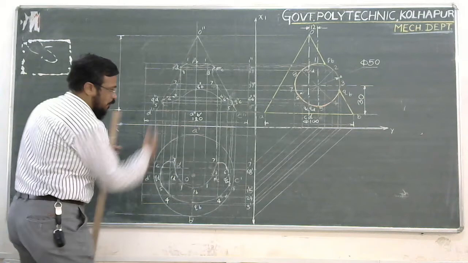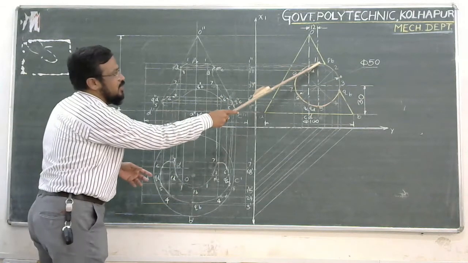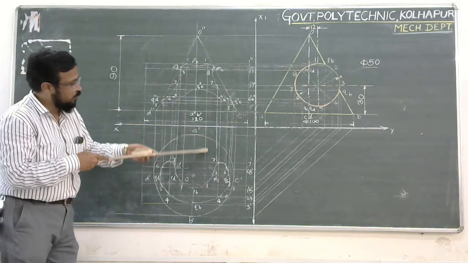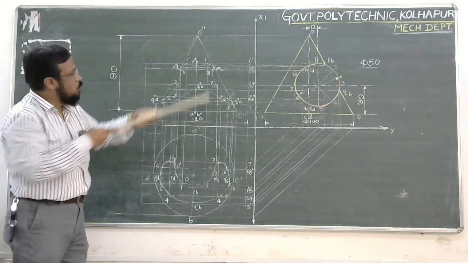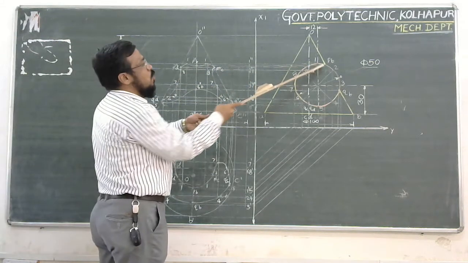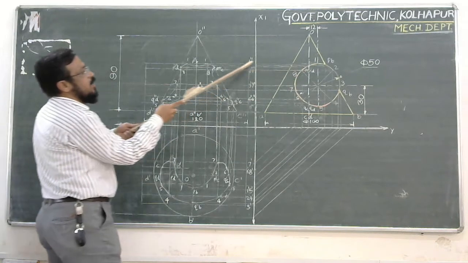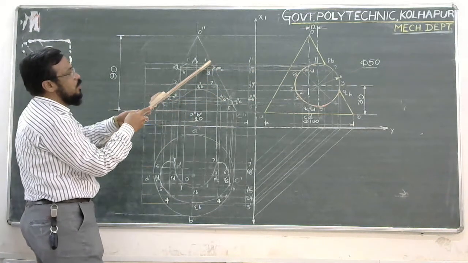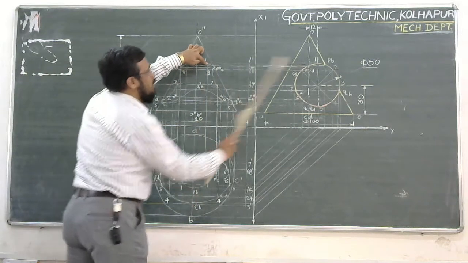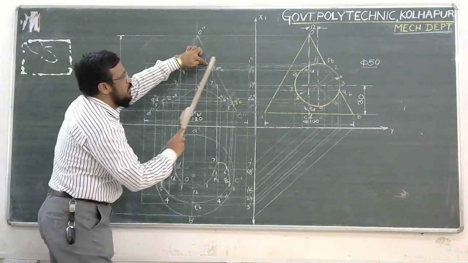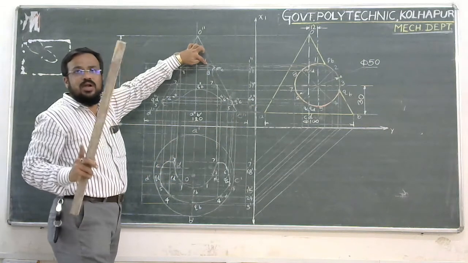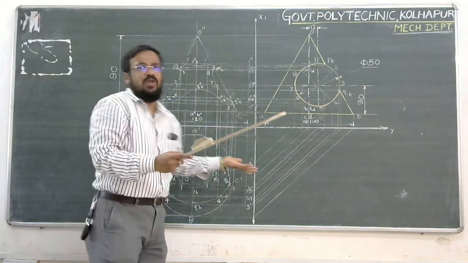From all these points, I may consider this as point number 1. So this is point number 1 in the top view. See, this is the projector which you have drawn from the top. So one projector will be drawn upwards. Similarly, one locus will be taken as a reference from the side view. Wherever those two lines, one the top view projector and one the locus from the side view, intersect, this is the intersecting point. That point is number 1.